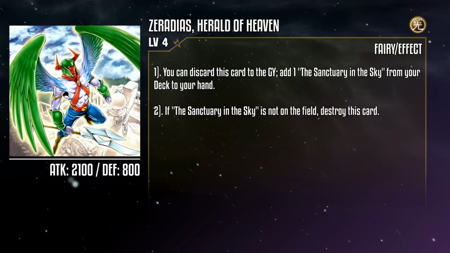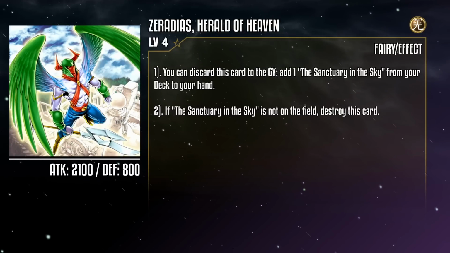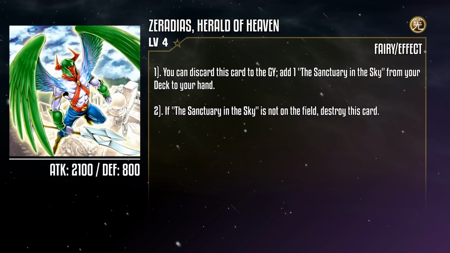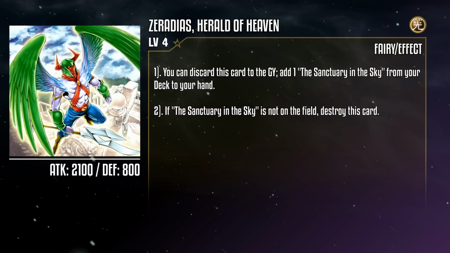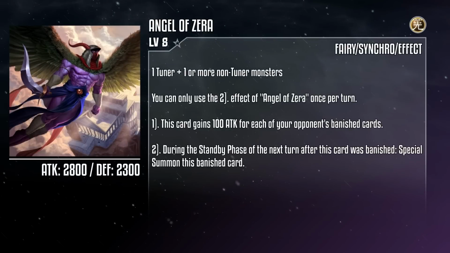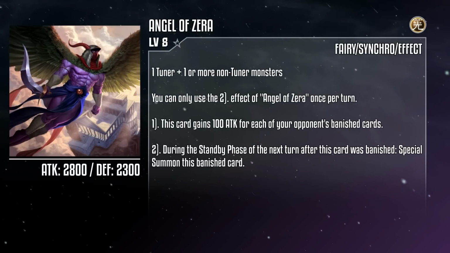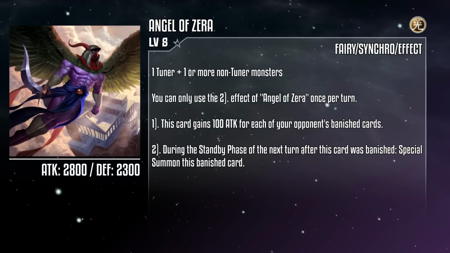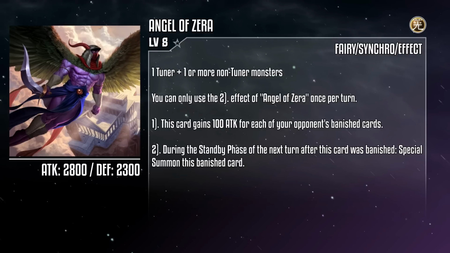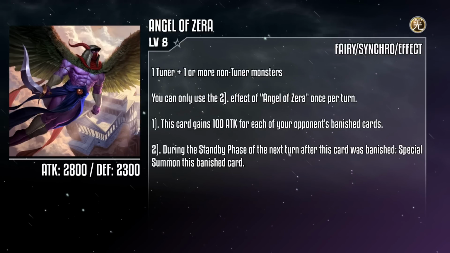The Sanctuary in the Sky, basically being a vanilla field spell, just keeps your life points safe, which isn't very useful in combat. Still, it's a pretty kickin' normal summon, but if you want some real power, you're gonna want to check out Angel of Zera, a level 8 Light Fairy Synchro monster with 2800 attack and 2300 defense, requiring generic material. This card gives 100 attack for each of your opponent's banished cards,